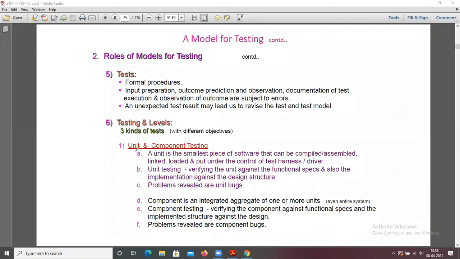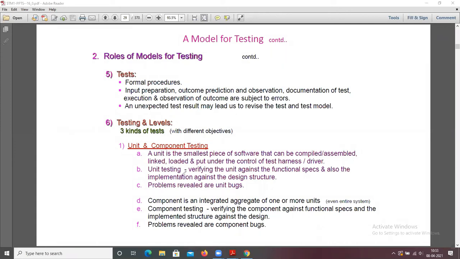Okay. So unit and component testing. A unit is the smallest piece of software that can be compiled and assembled, linked, loaded, and put under control of a test harness or driver. That means, what is unit testing? A unit is a small piece of the software, that means a small module in the software.